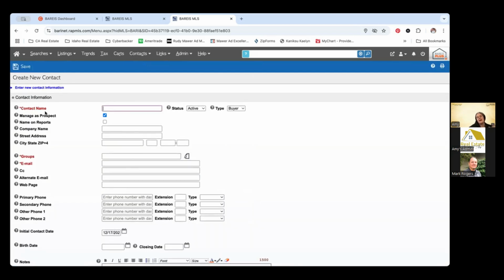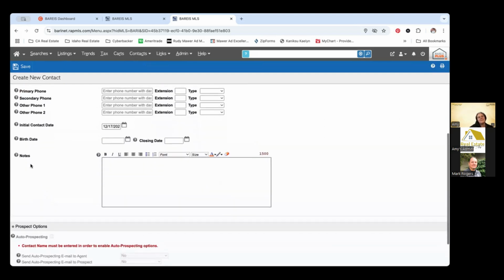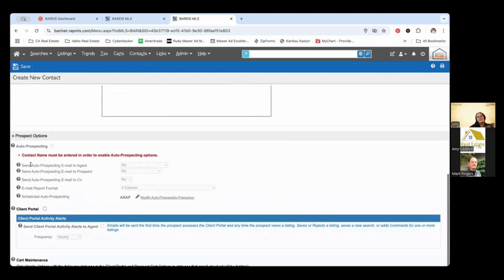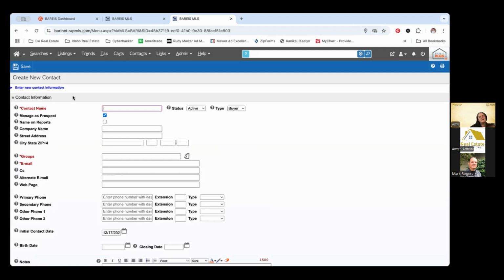Here again, I'm back to, hey, just fill in the red thing. So I put in the contact name, the group, the email. They have to have an email. Most of this stuff is tracked in my CRM, so I'm not worried about it tracking on my BAREIS. I just want to be able to send them listings. To be able to send listings,